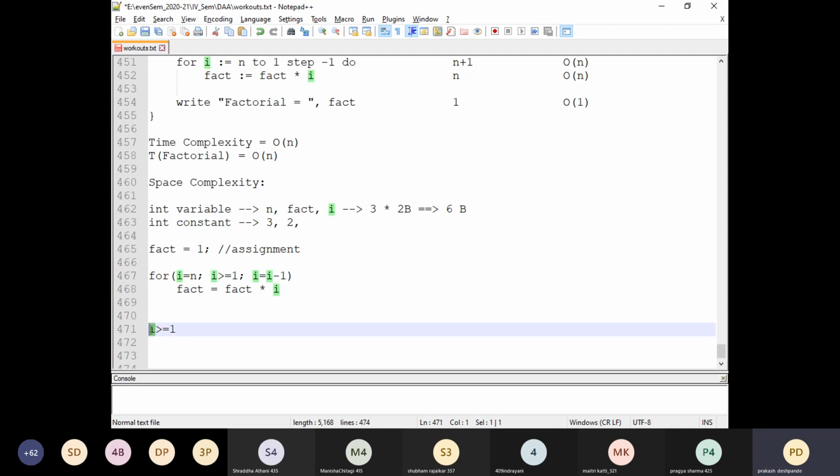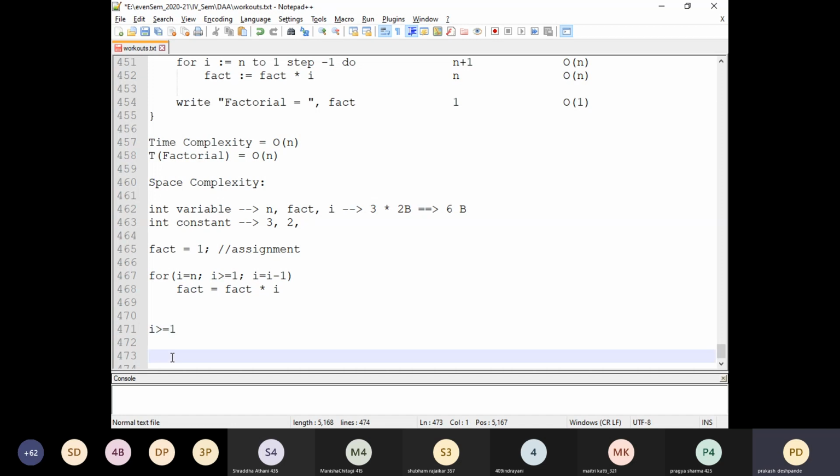One side is I. I is what? It is a variable. So the value of this particular variable I, we are comparing with another value on the right hand side. On the other side, we have a value. Is it a variable? No, it is not a variable. It is a fixed number, which means it is a constant.